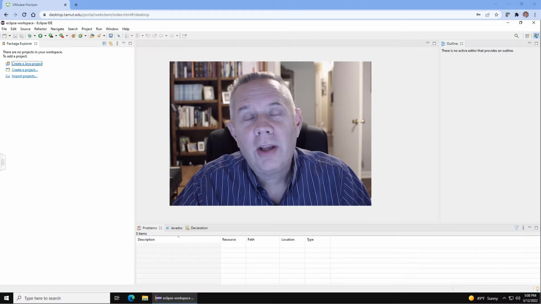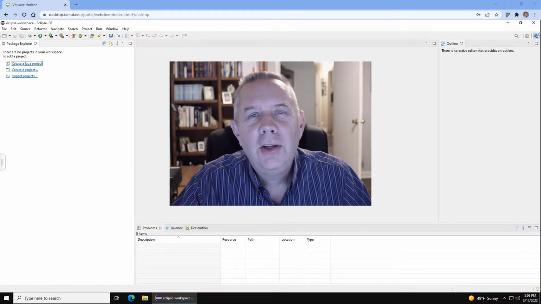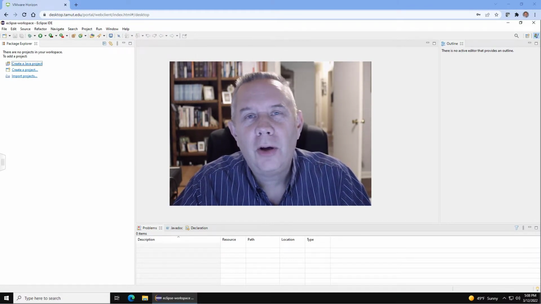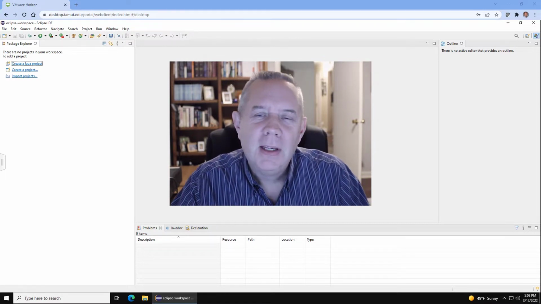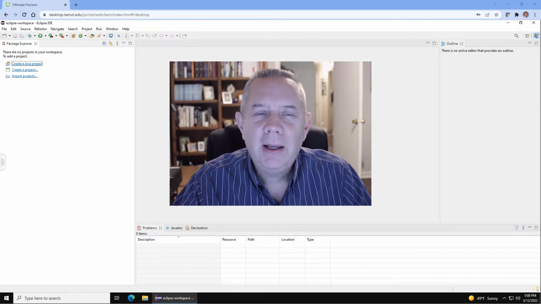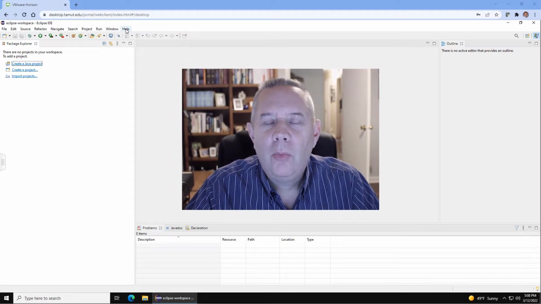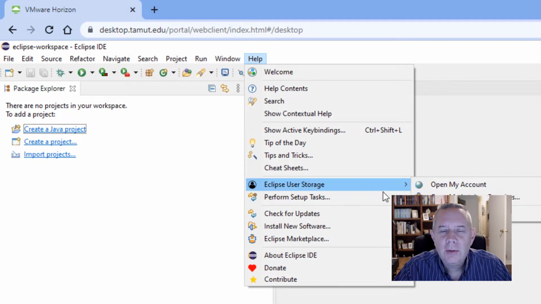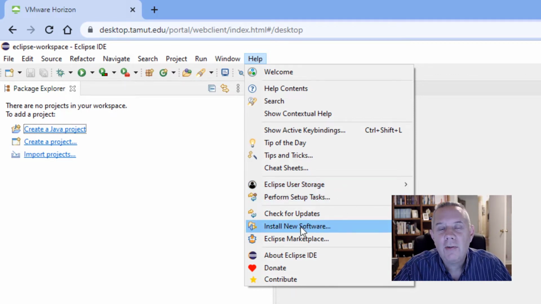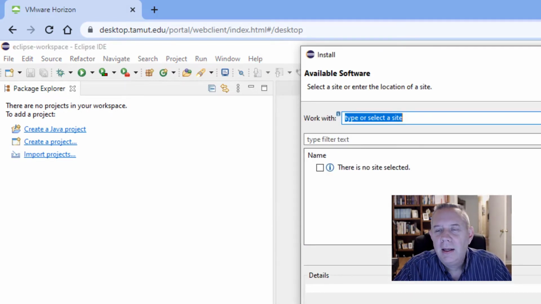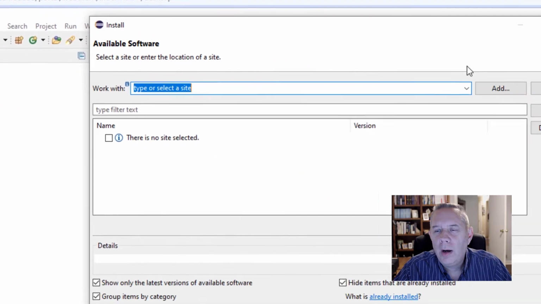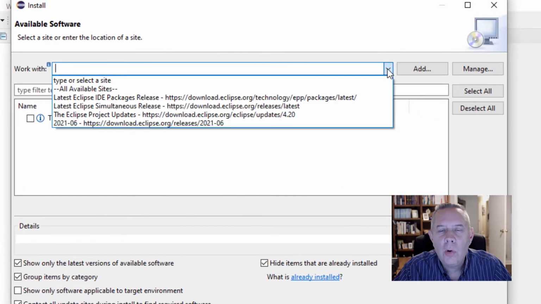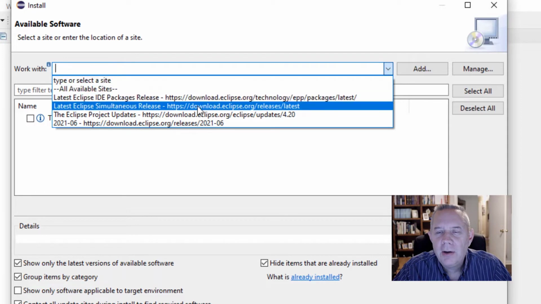In this step, we're going to configure Eclipse to use the GUI window builder function. So I've got my Eclipse already open. What I'm going to do is go to Help, and I'm going to go to where it says Install New Software. And then I have to pick what I want to install. So if I click on the Work With, I'm going to go down here to this latest Eclipse simultaneous release